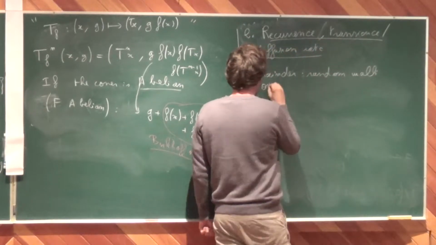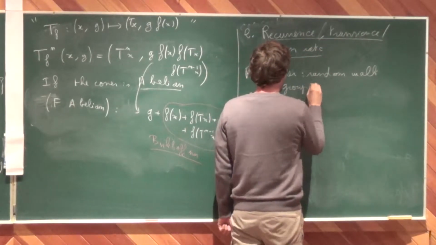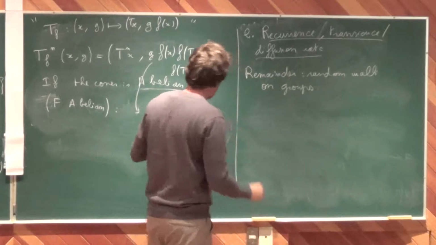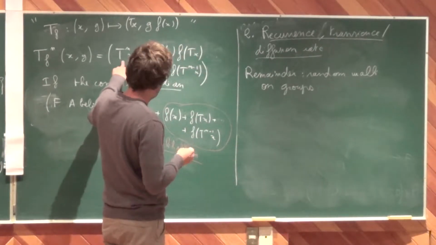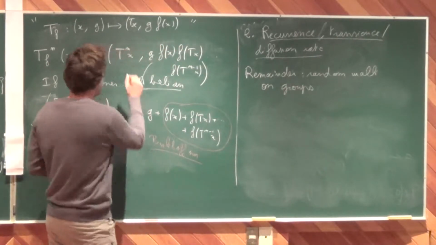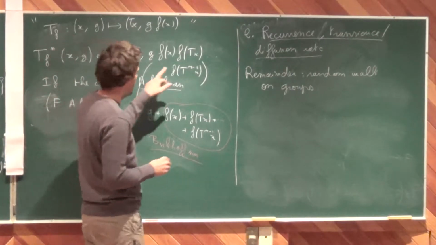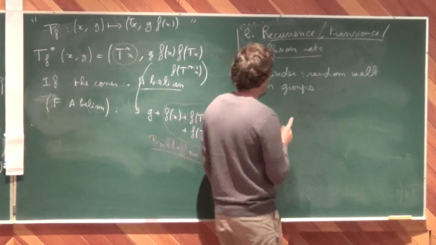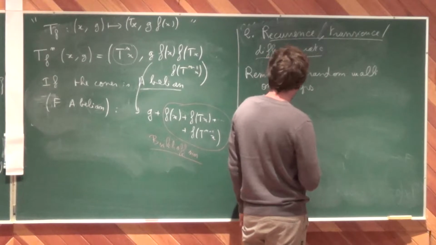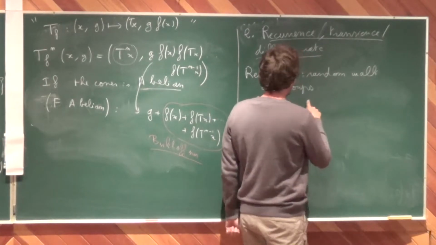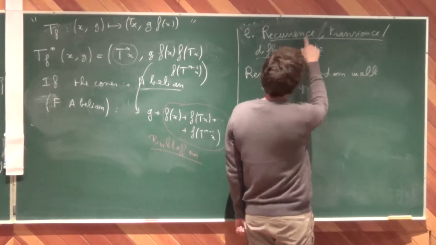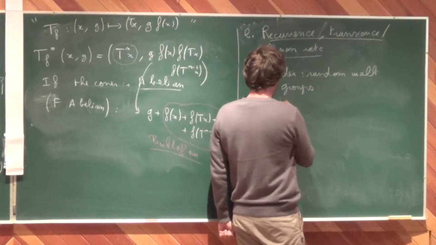So it will be very quick. You can think of it as a random walk on a group, except that the steps you are doing are not completely random, but determined by the orbit of your point x. So if you do a random walk on a group, what we know, about recurrence and transience, so recurrence,